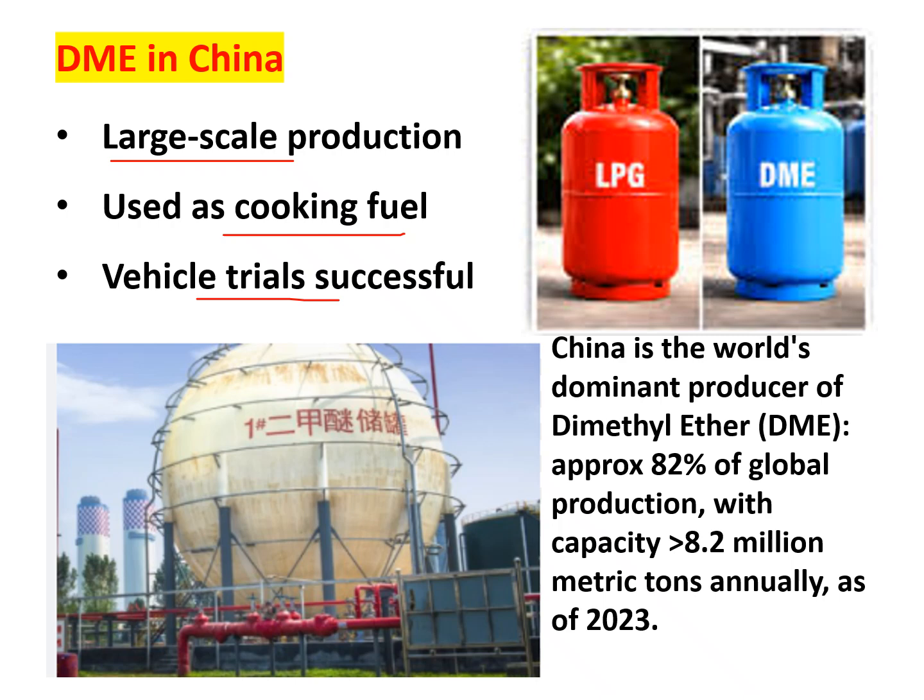Now, China is the world's dominant producer, greatest producer of dimethyl ether, approximately 82% of total global production. Whatever DME is produced in the world, more than 82% is produced in China. The capacity is more than 8.2 million metric tons per year as of 2023. As of 2023, the actual production was more than 8.2 million metric tons in China, and the installed capacity is